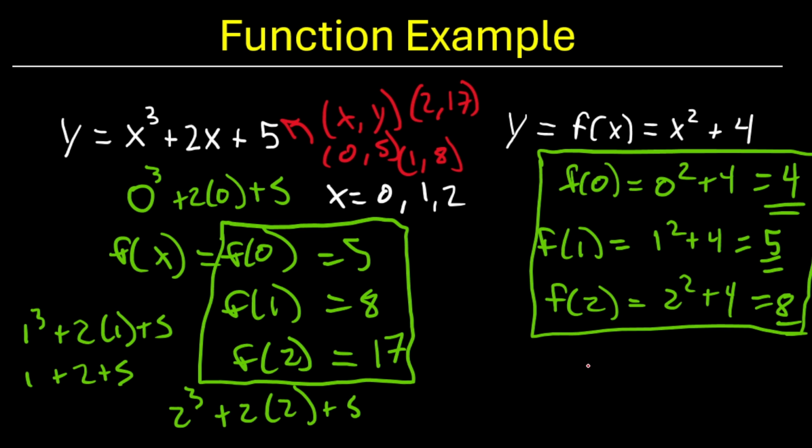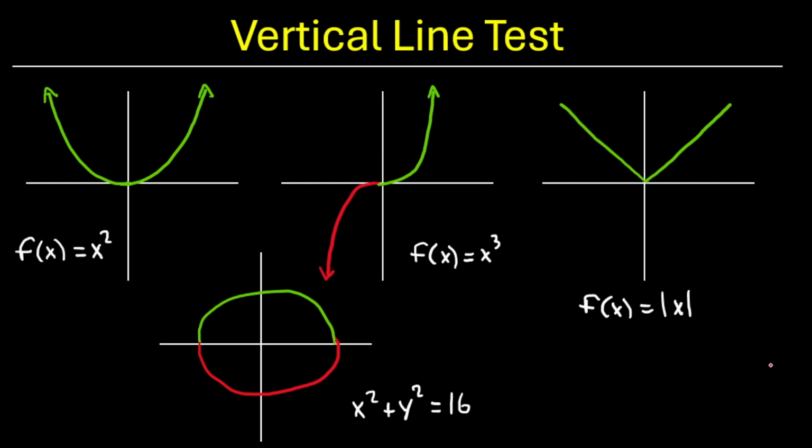And in coordinate form, it would look something like this: (0, 4), (1, 5), (2, 8). All right. Now, there's a way to determine whether or not a function is a function based on looking at the graph. This is called the vertical line test, which states that any vertical line you draw can only intersect the function at most one time. So it doesn't have to intersect, but if it intersects it 2, 3, 4 or more times, it is not